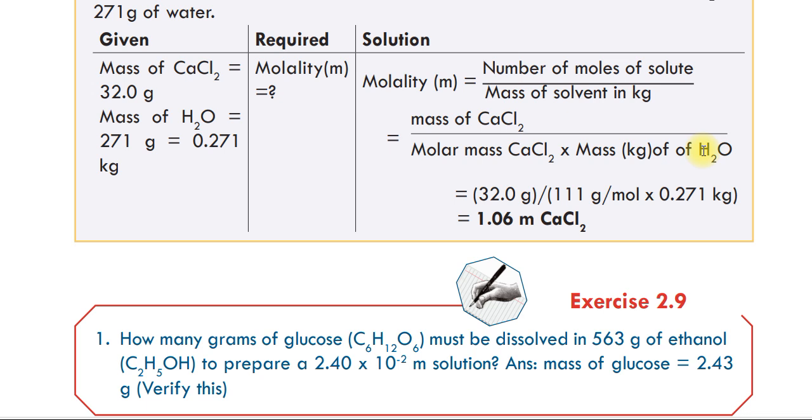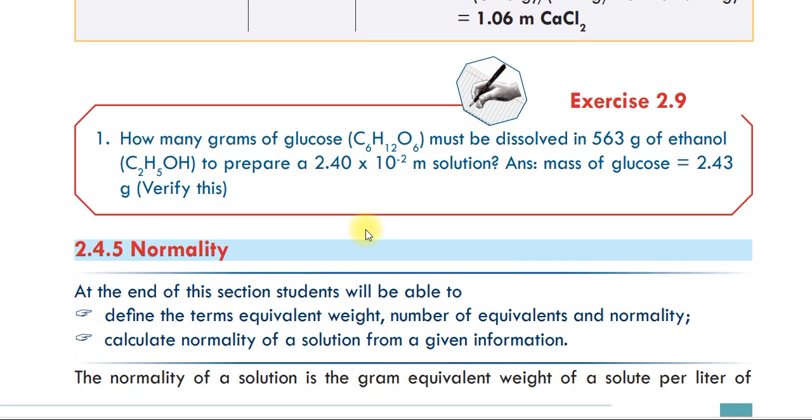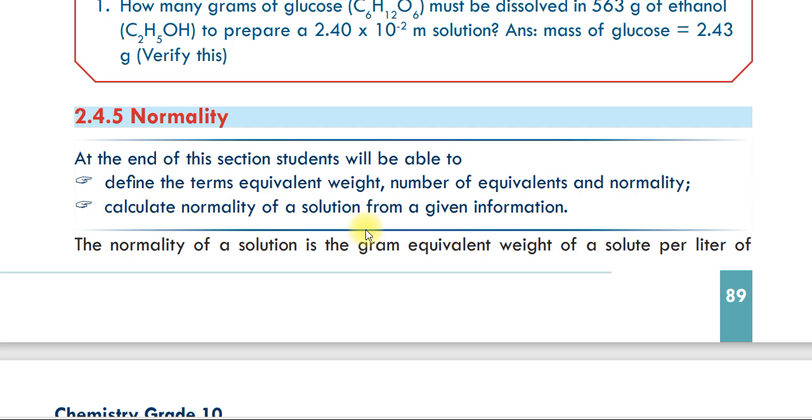ኦኬ ወይም ይችን እንዳለች ካልሲየም ክሎራይድ የምትሉን ወደ ላይ ከዚህ ላይን በላይ አድርጉትና ሲካፈል ለማስ ኦፍ ዋተር ብላችሁ መግለጽ ትችላላችሁ። ግን ሪአሬንጅ ታደርጉት ከማባዛቱ ጋር ተመሳሳይ ስለሆነ፣ ስለዚህ ማስ ኦፍ ካልሲየም ክሎራይድ 32 ነው፣ ሲካፈል ሞላር ማስ ኦፍ ካልሲየም ክሎራይድ ደግሞ 111 ግራም ፐር ሞል ይመጣል፣ ሲባዛ የዋተሩ ማስ 0.271 ኪሎ ግራም ነው። ዴን ካልኩሌት ታደርጉት 1.06 ሞላሊቲ ኦፍ ካልሲየም ክሎራይድ ይመጣል ማለት ነው። ኦኬ ስለዚህ እንደዛ አድርገን በቀላሉ መስራት እንችላለን እያልኳችሁ ነው።